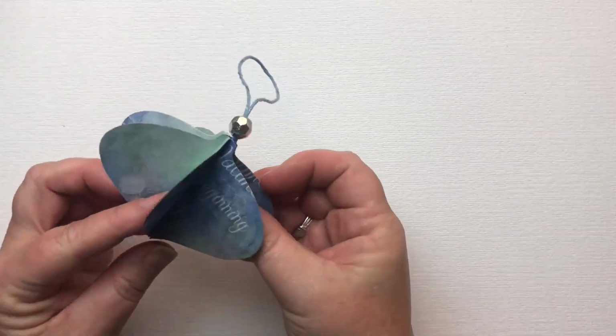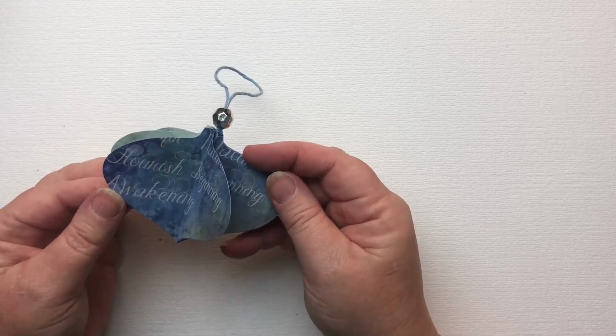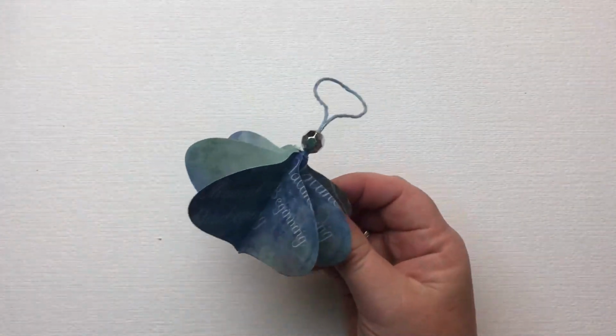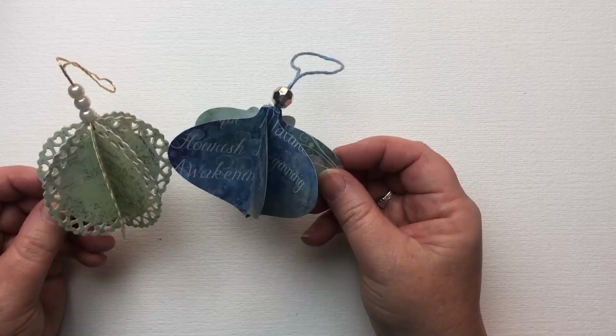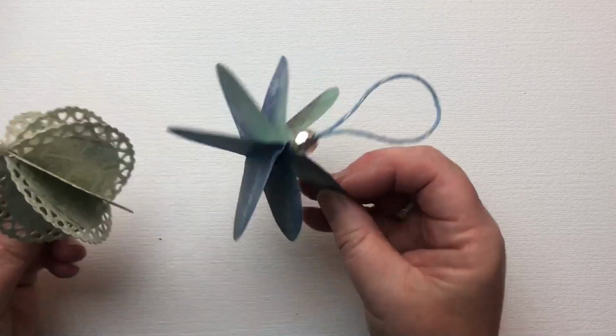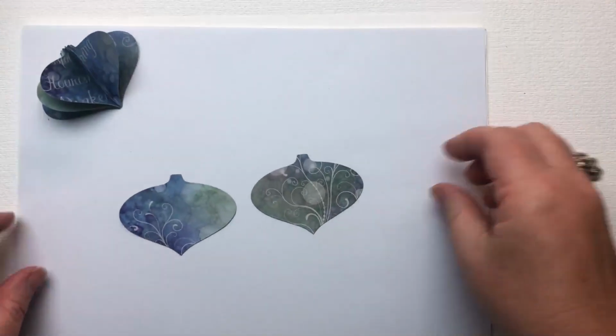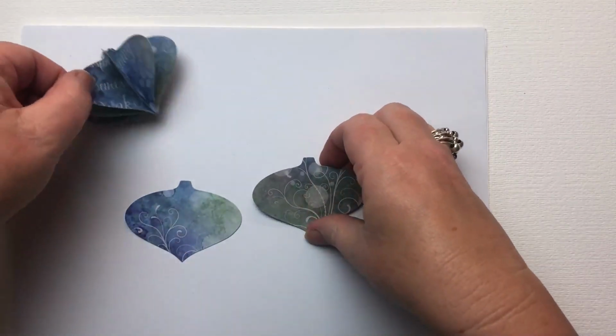And for this one, I've cut it into a bauble shape. The bauble die that I'm using is from Sweet Poppy Stencils. So depending on how full you want the bauble, you can cut 5 or 7 different shapes. So circles, baubles, here we go. So I've cut 7,